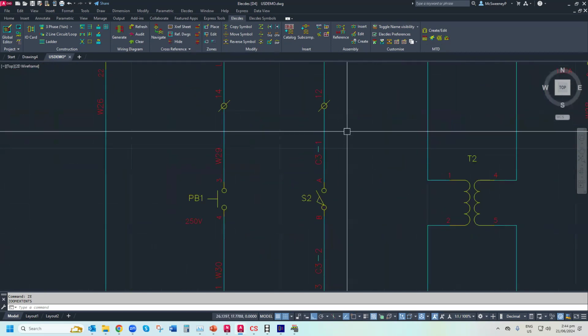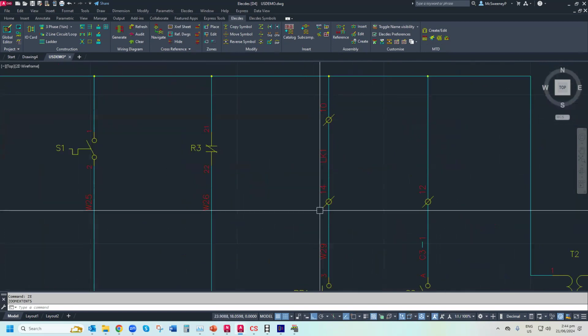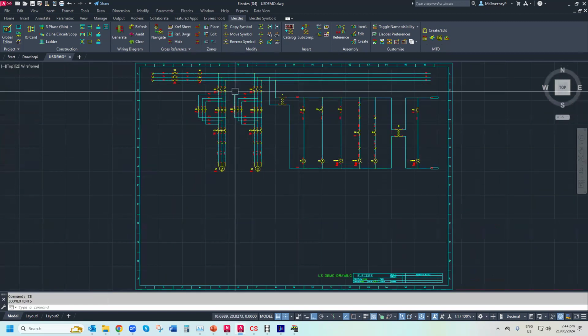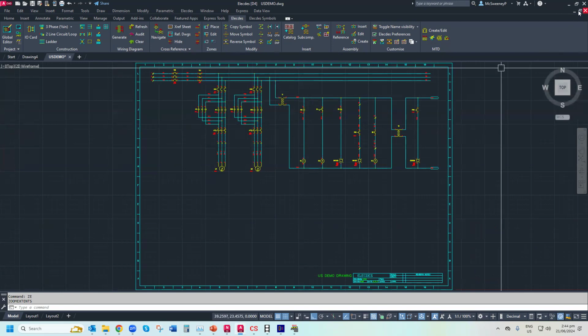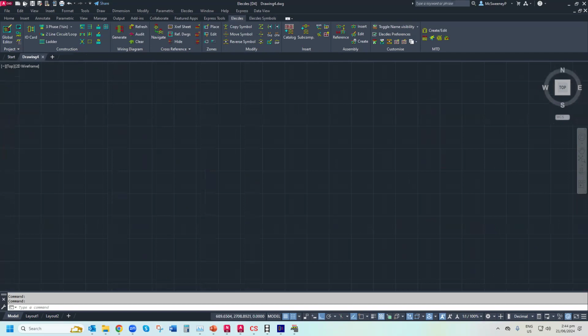I also have a jumper, LK1, between two terminals, 10 and 14. And I've also got wire extension markers going onto my next drawing, because my coils, as I say, for R30 and 31 are on my second drawing. So we've never looked at this one, even using our batch printer. The next drawing,